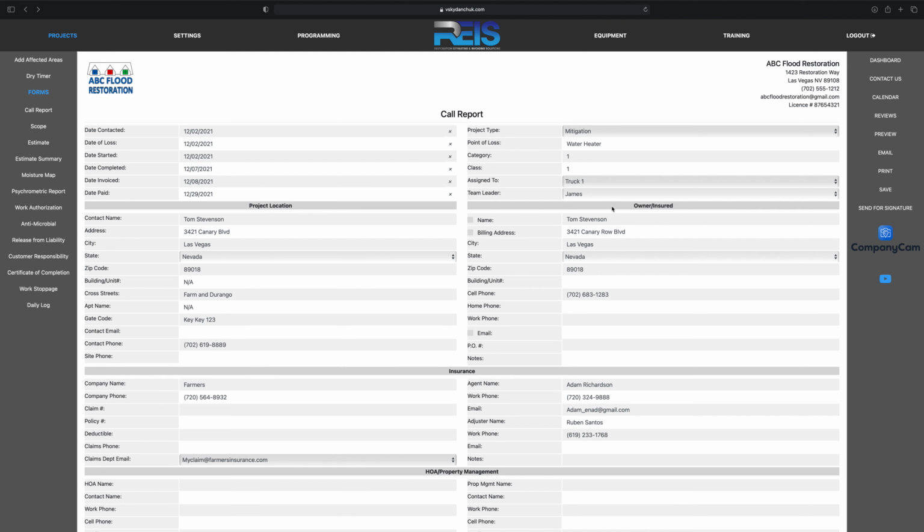In this training video, I'm going to show you how to print. All of these forms that you have in this side dashboard under Forms can be printed. And you will always see the word Print on the right-hand side dashboard whenever you're in any form, such as Call Report. So to print, we simply click on Print,